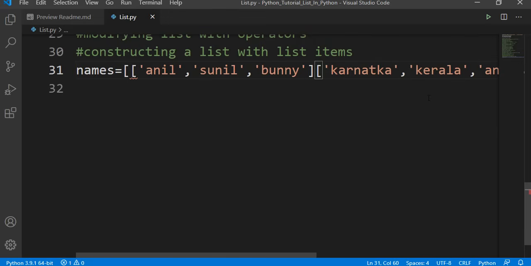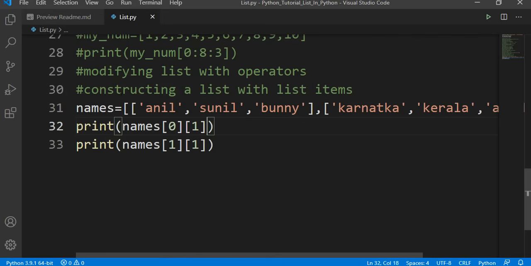So here you can see that I have two lists. So these are called nested lists. A list inside another list is called a nested list. So now how do I access the items from this list? Let's say print. Now let's say I have names. Names is my list name, and then 0 and 1 I am giving.